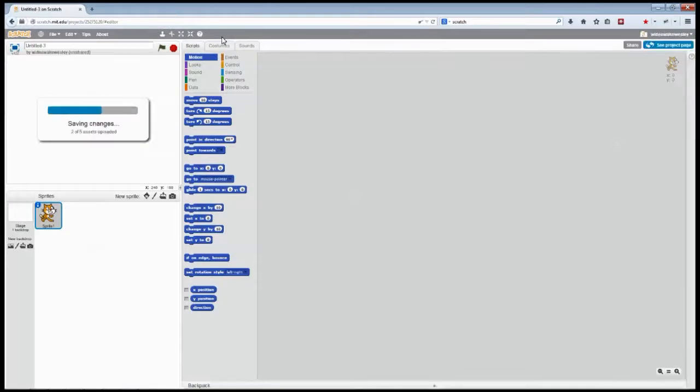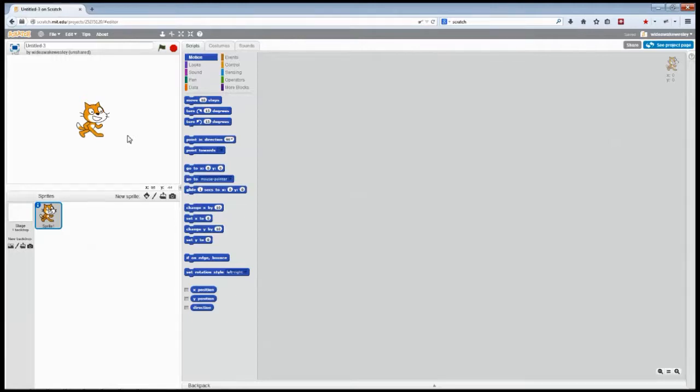We're not actually going to create a program today. What we are going to do is look at the interface for the program so you can find out where everything is, you know a little bit more about it, you're a bit more familiar with it. Now your program's canvas as such is here in this top left-hand corner. You can see it with a cat sprite in the middle of it. This is where all the action will go on in terms of where your content is displayed when your program's